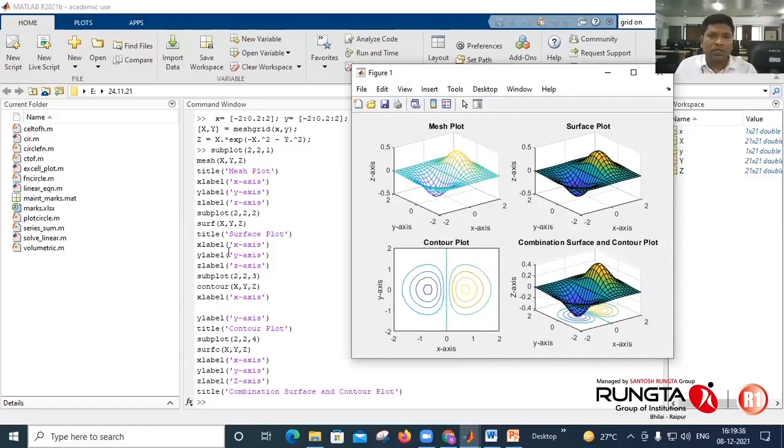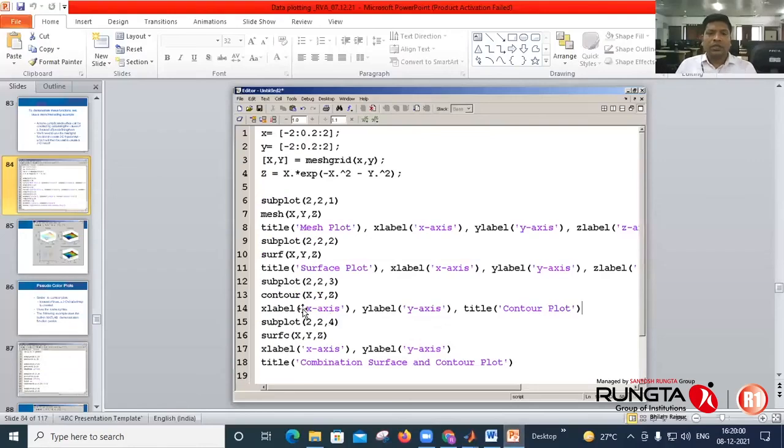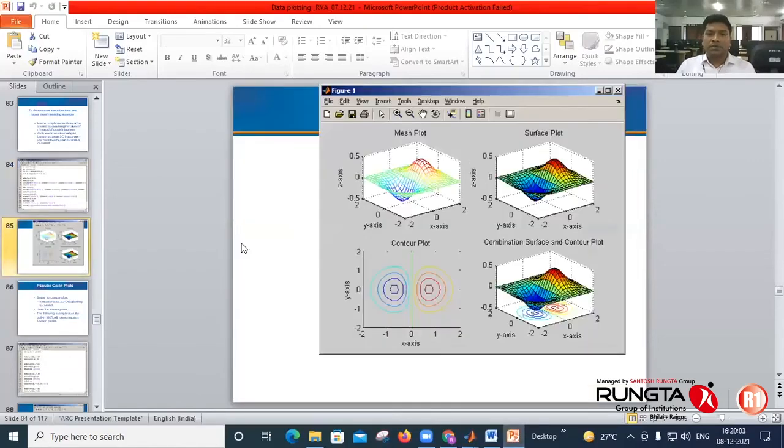For mesh plot, just type MESH. For surface, SURF. For contour, contour XYZ. And for combination of surface and contour, type SURFC, which is shown over here. So this is how you can plot the graphs like this.